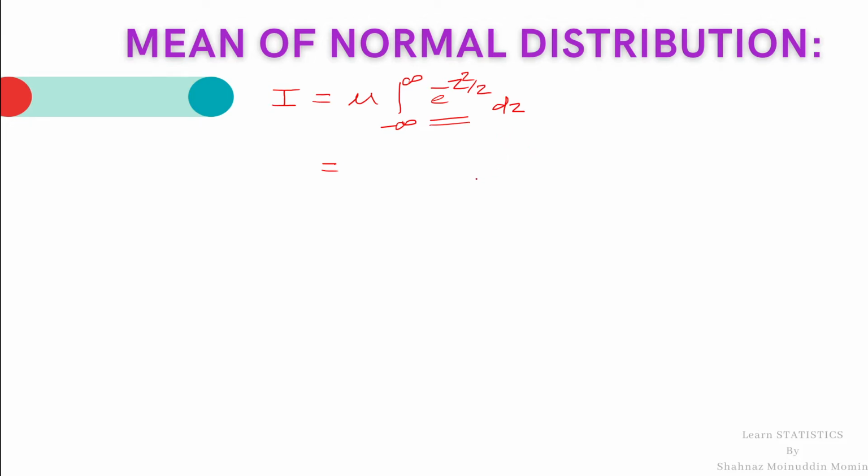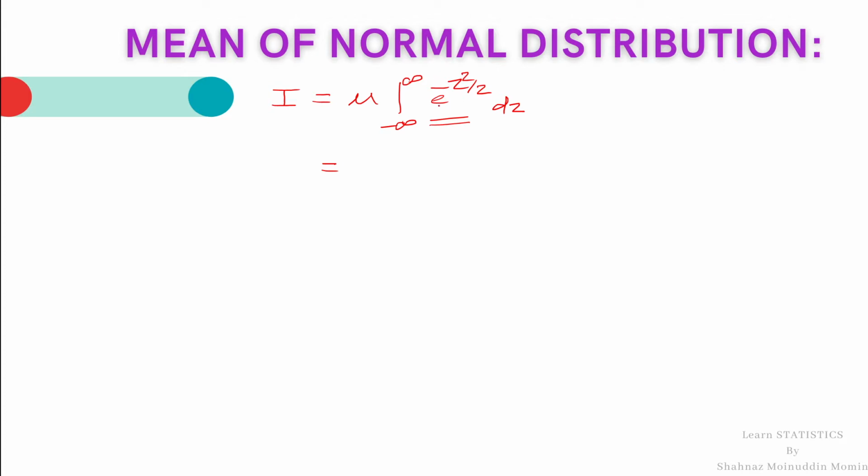In the previous lecture we have already discussed even function and odd function of a random variable, and what will happen when a function is even or odd if we are integrating it between the limit minus a to plus a. If students want to learn that concept, then click on the I button at the top right corner of the screen, and the link of that lecture is also given in the description box.